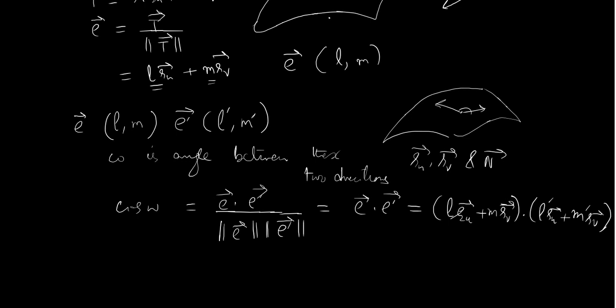And if you expand the product and use the fact that r_u dot r_u is equal to E, r_u dot r_v is equal to F, and r_v dot r_v is equal to G, then this is nothing but E L L prime plus twice F, not really twice, because I have a different number here, it should be basically